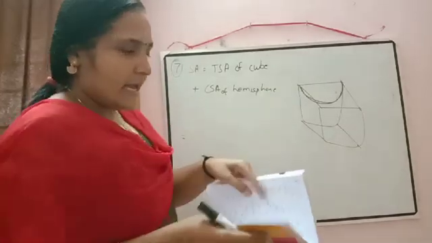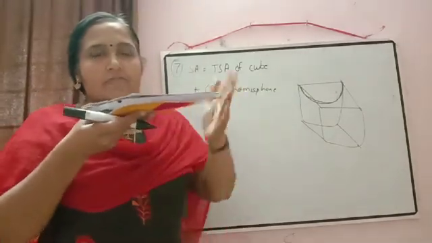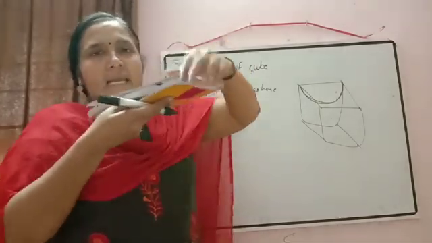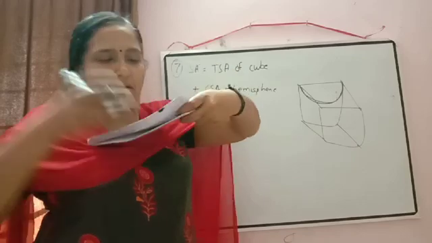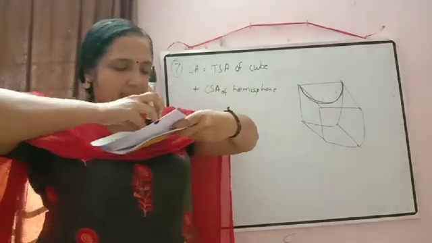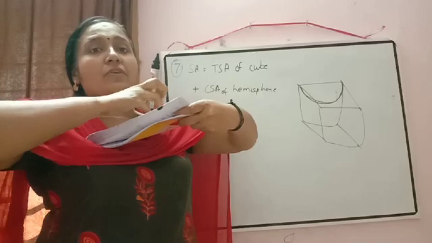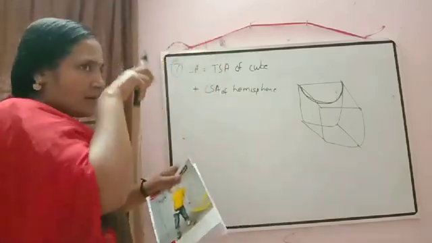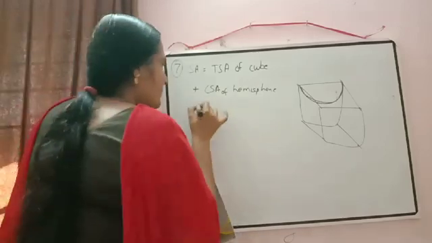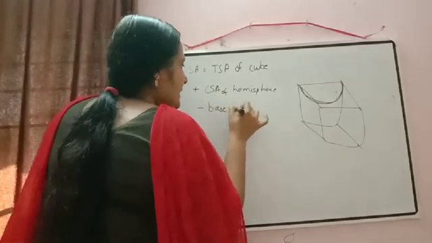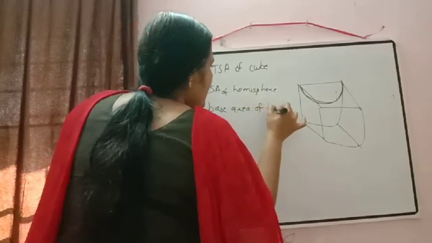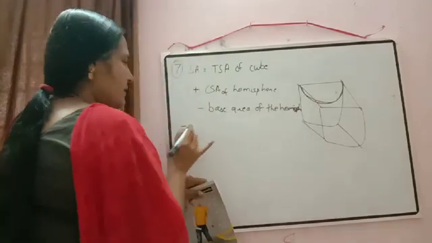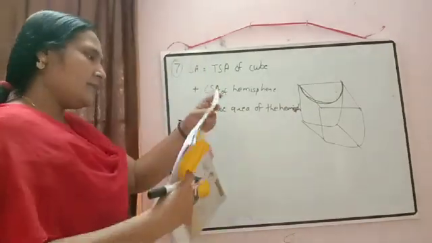Then when I calculated the total surface area of the cube, at present it is a cuboid, total surface area means all this area will come. But when I took a hemispherical depression, that area is empty, so we don't have to paint that area. And that area is, yes, the base area of the hemisphere. So minus the base area of the hemisphere. And what is written in the question?